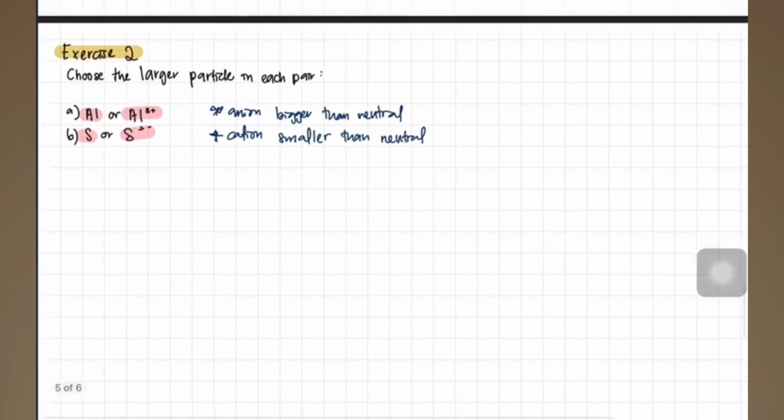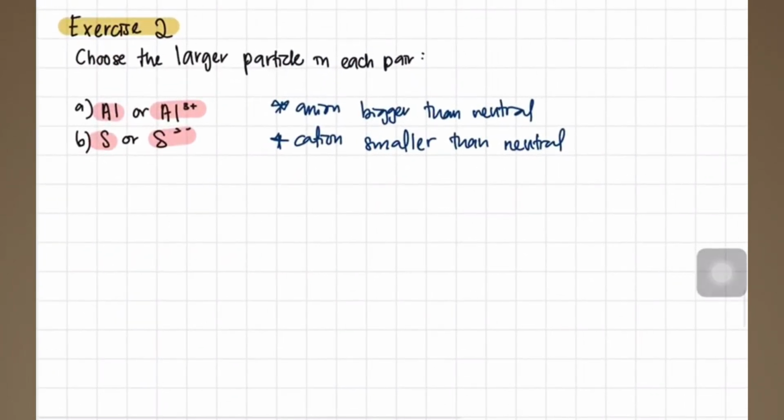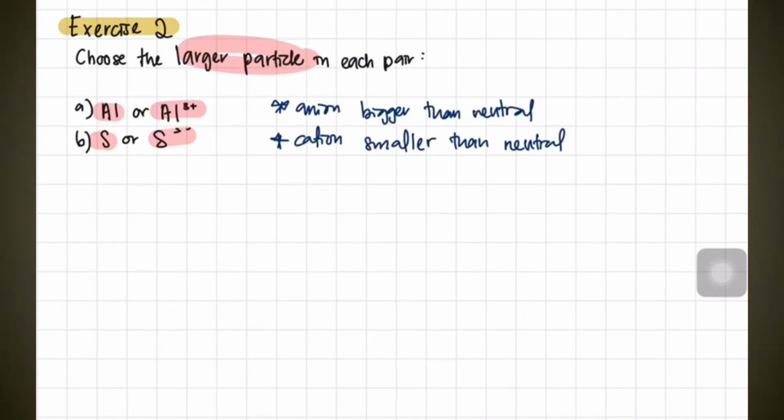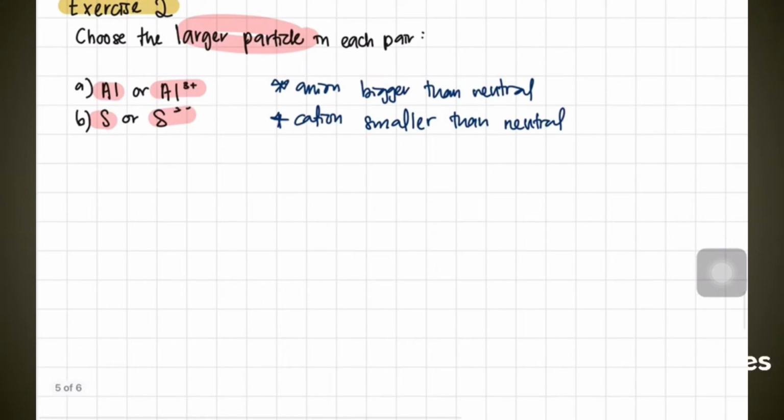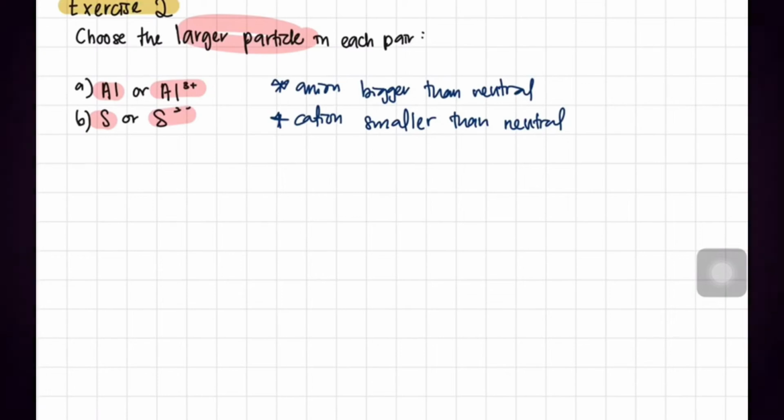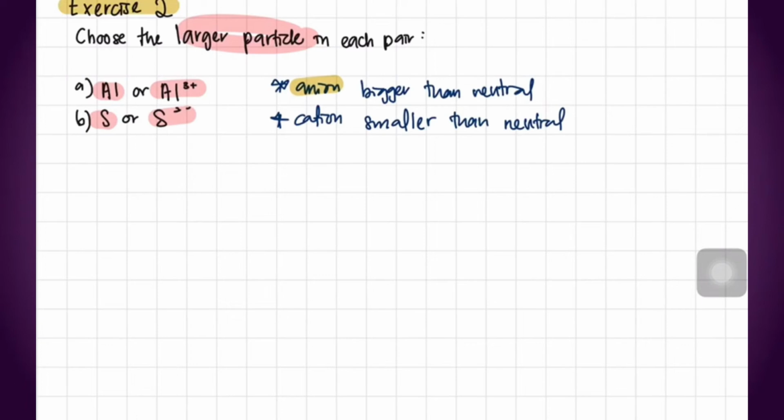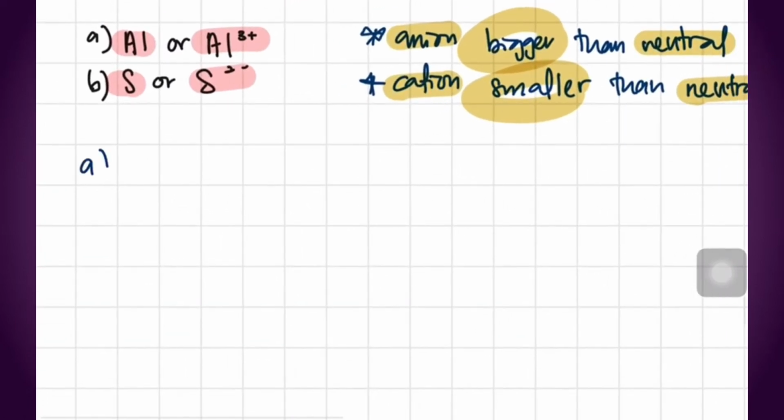Alright, exercise 2. The question is, choose the larger particle in each pair. So we have Al or Al3+, and S or S2-. So we do know that an anion is bigger than its neutral atom, and a cation is smaller than its neutral atom. So the answer will be